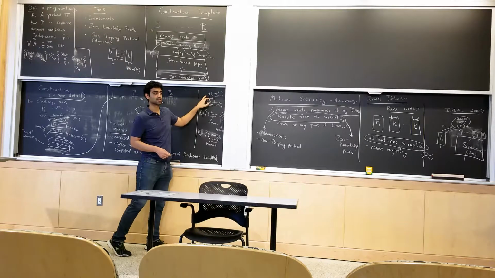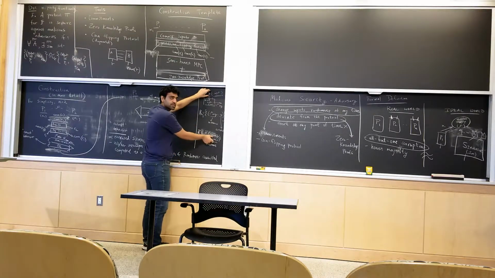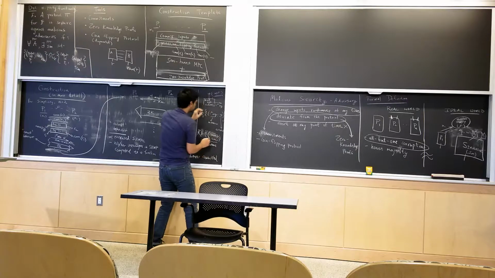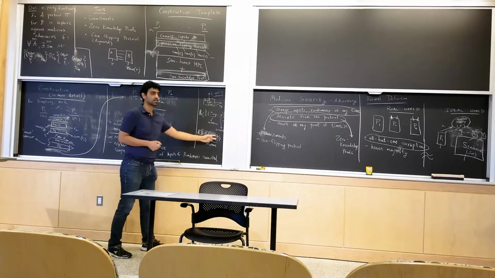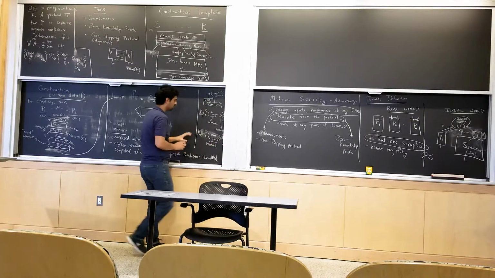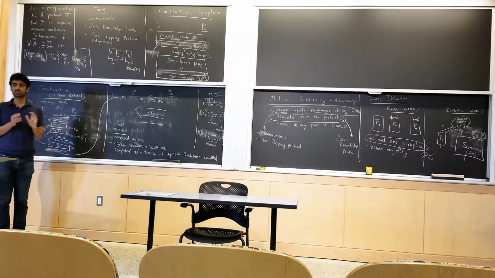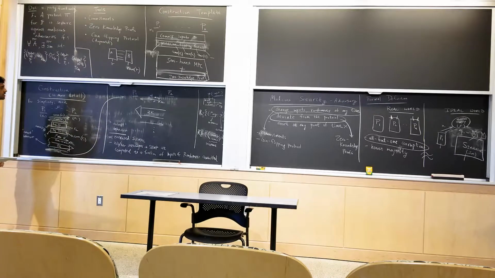That's how you ensure consistency. Whatever state and randomness is here needs to be the same as what was committed here. The state actually has more information than input and randomness, but as a substring you have X and R as part of that. Okay, and both languages are in NP. Is this clear? Any questions? Okay. If there are no questions, let's look at the proof of security.